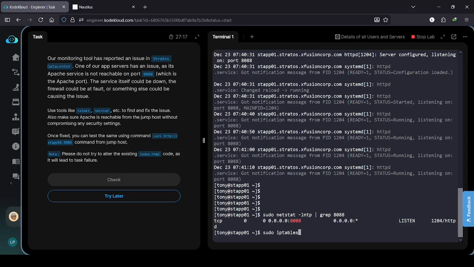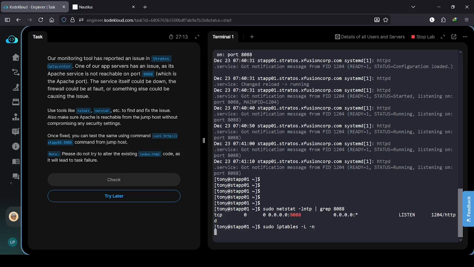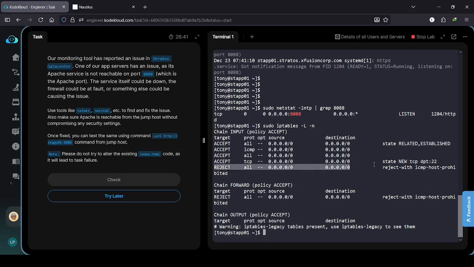With Apache running correctly on port 8088, the next step is to check the firewall rules to ensure that traffic can reach the service from the jump host. I run sudo iptables -L -n. This shows the current input rules. I notice that port 8088 is not explicitly allowed, and all other traffic rules are set to